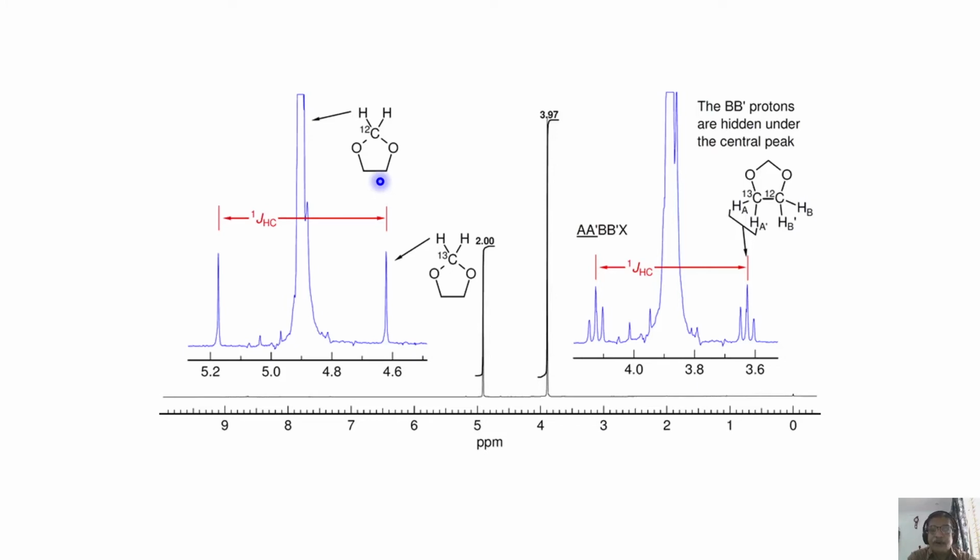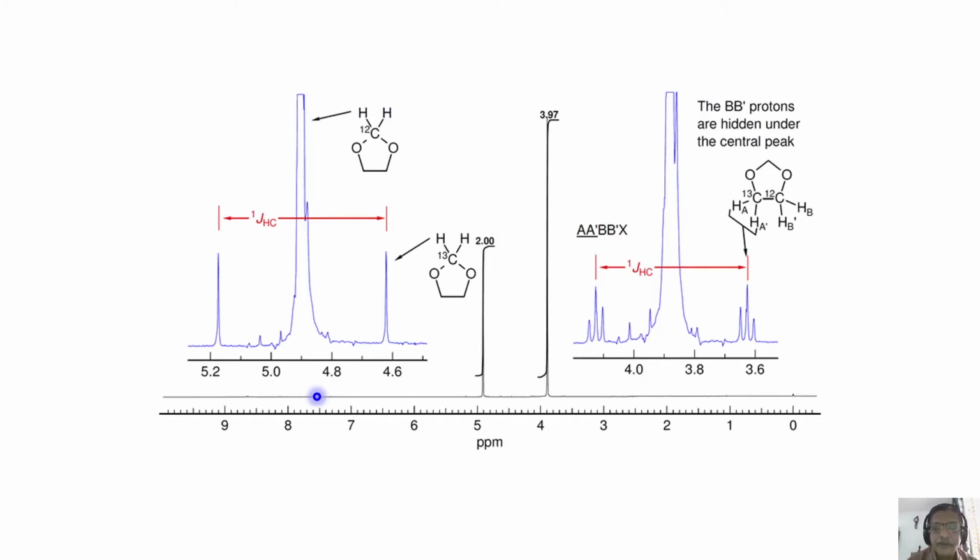So, we can extend this logic for more carbons present. How do you analyze this? See, in a molecule like this, I have 2 protons here. You understand? In this molecule, to make it simple, there are 3 CH2s. These 2 CH2s are here, and this CH2 peak is here.